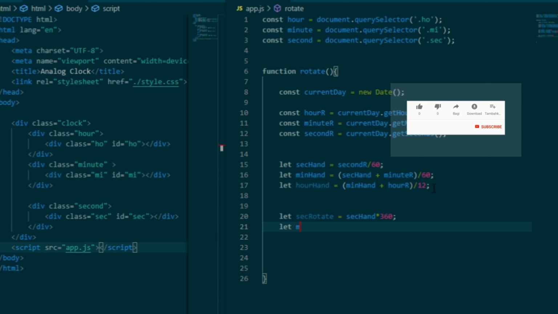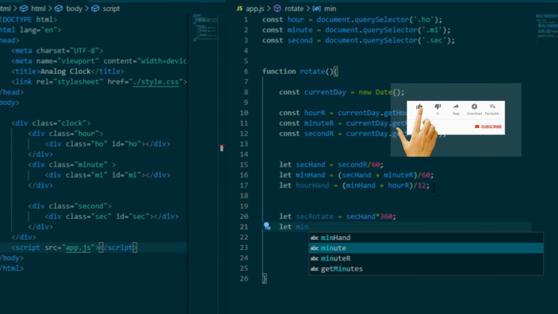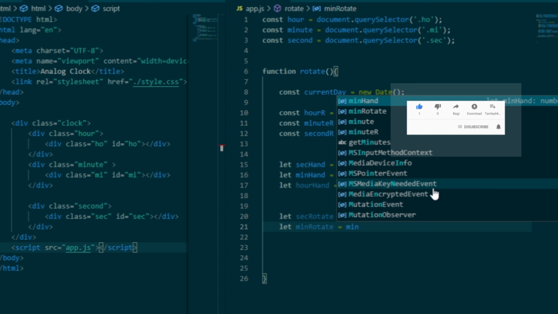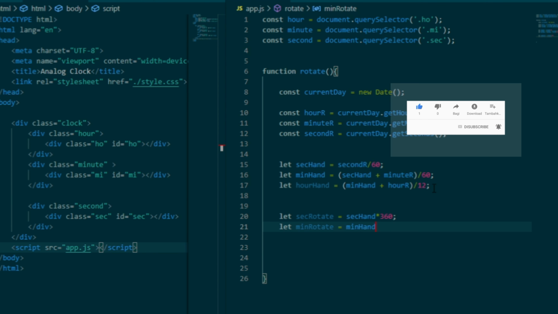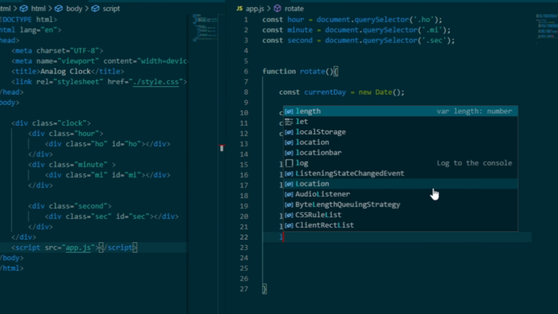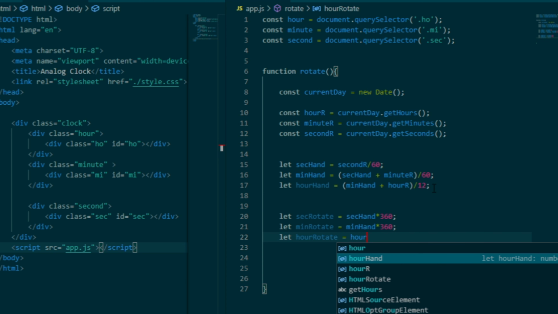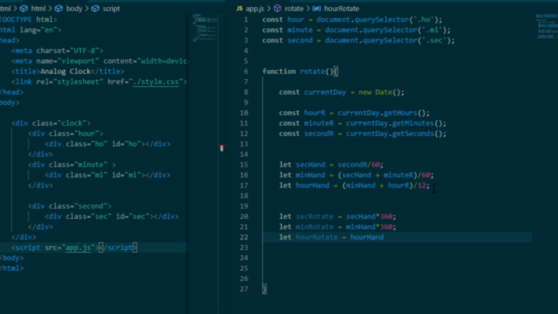Let min rotate is equal to min hand, similarly into 360. Let hour rotate is equal to hour hand into 360. Okay,